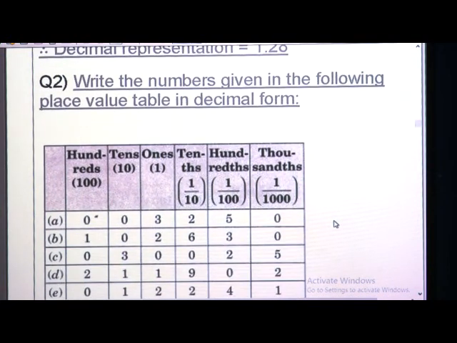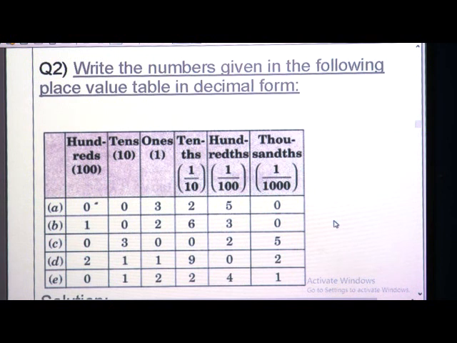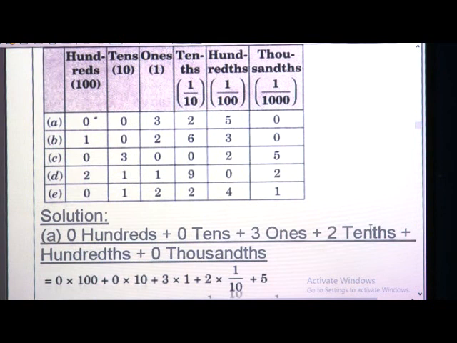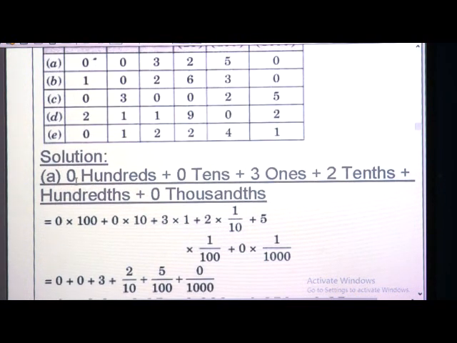Next question: write the numbers given in the following place value table in decimal form. By seeing this place value table, we need to write the decimal form of the number. So, we have 0 hundreds plus 0 tens plus 3 ones plus 2 tenths plus 5 hundredths plus 0 thousandths. 0 hundreds means 0 into 100, 0 tens means 0 into 10, 3 ones means 3 into 1, plus